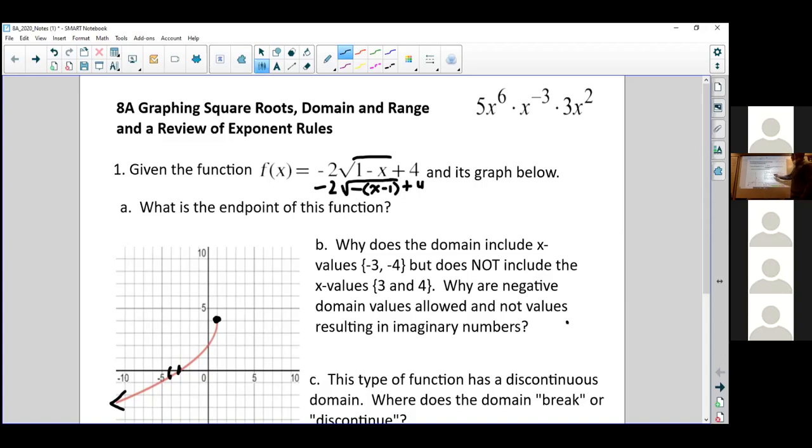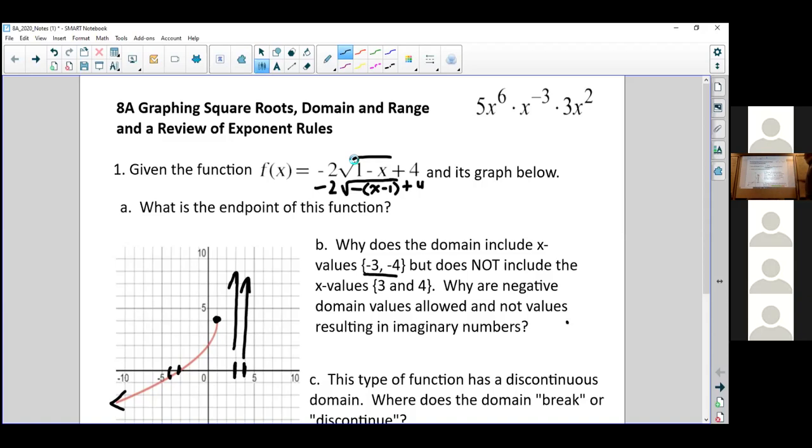So that's why these two values do indeed work. But if I look at +3 is here, our graph doesn't exist there, and at 4, it doesn't exist. There's no graph that's up here for it to work. So it means our domain and our range are both restricted on this type of thing,